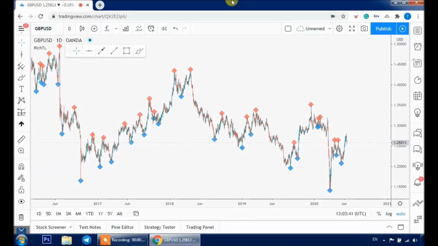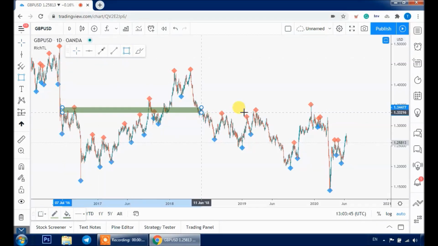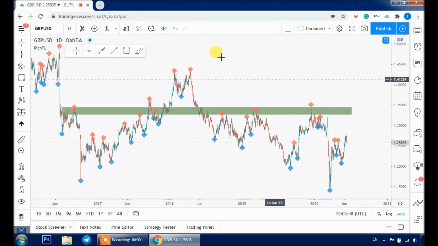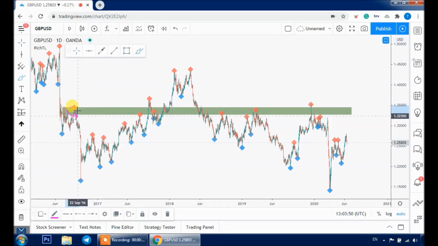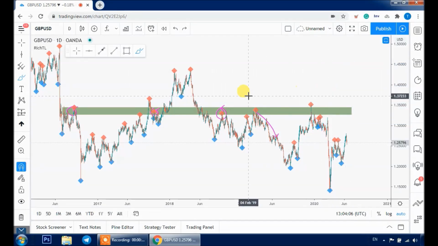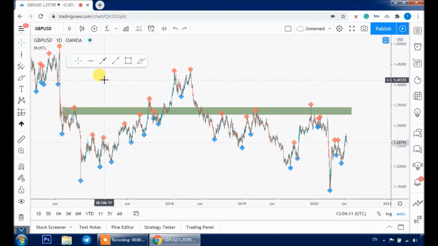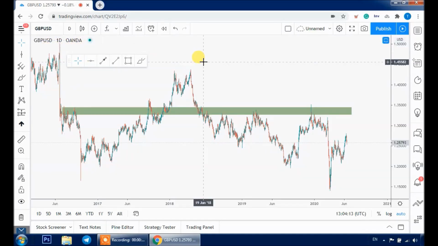Here we have GBP USD daily time frame, and we usually use RichTL to spot objective support and resistance zones with our students by connecting at least 3 dots. So 1, 2 and 3, and starting here we can look for objective sell setups on lower time frames. Unless price breaks it upward, then our resistance will become support and we'll be looking for objective buy setups on its retest. But this video is not about RichTL, so let's delete it and try to find classic objective support